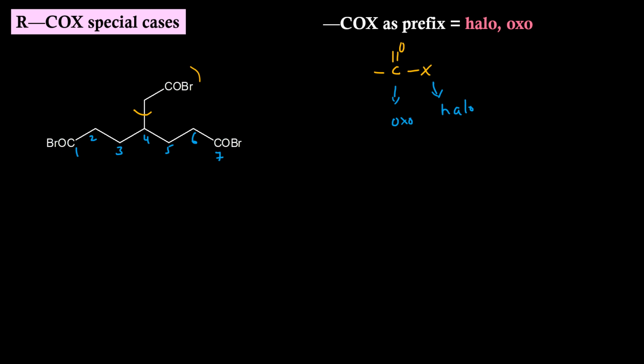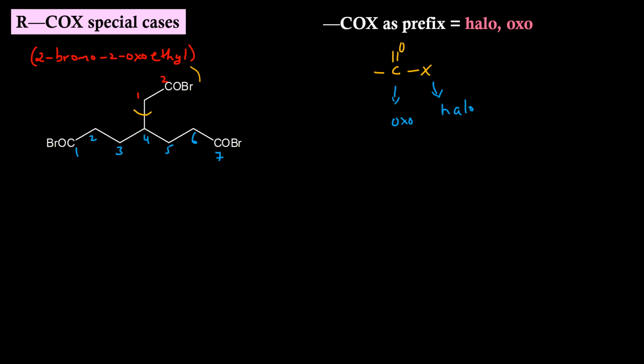Now at position 4, we are having 2 carbons sitting. Carbon which is attached to the parent chain has to be numbered 1. This is 2. On position 2, we are having oxo group. On the same position 2, we are having bromo group. Since bromo comes first in the alphabetical series, name of this prefix will be 2-bromo, 2-oxo, ethyl. Since it is a complex prefix, it has to be enclosed inside the bracket.